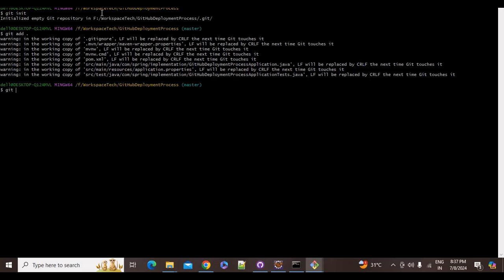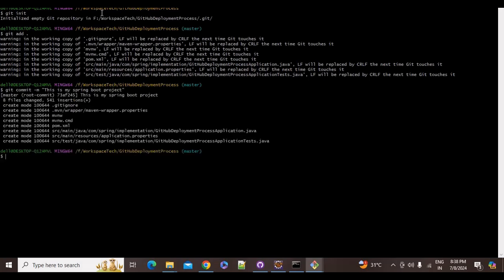So we'll say git commit -m, and we can put the same commit message that we did when we were doing it with the Git website. So we can say this is my Spring Boot project, right? So let me enter. So yes, the commit has been done. So now what we have to do is link this particular code